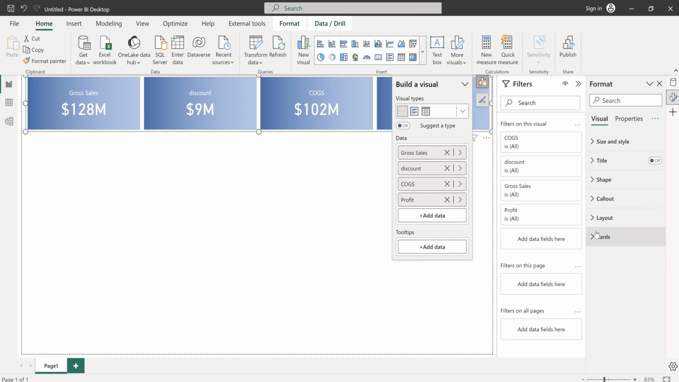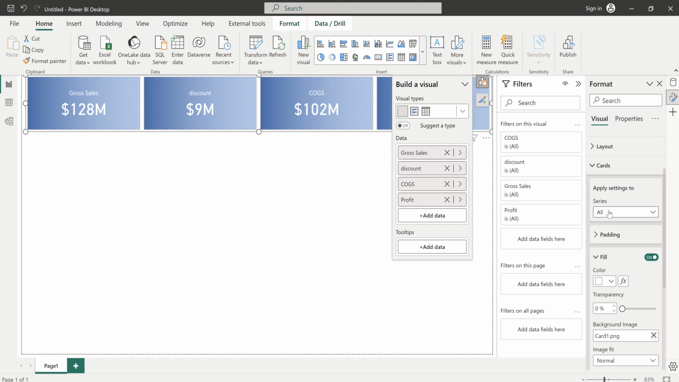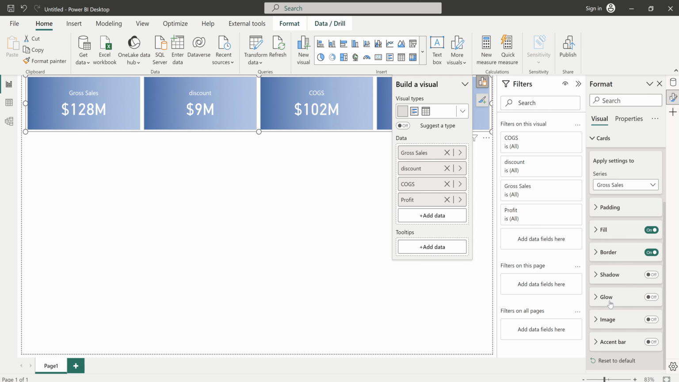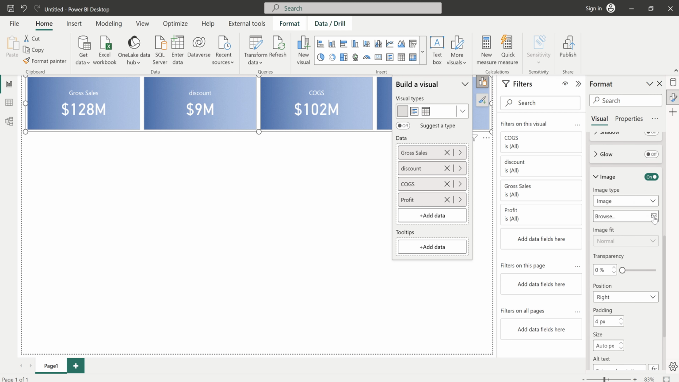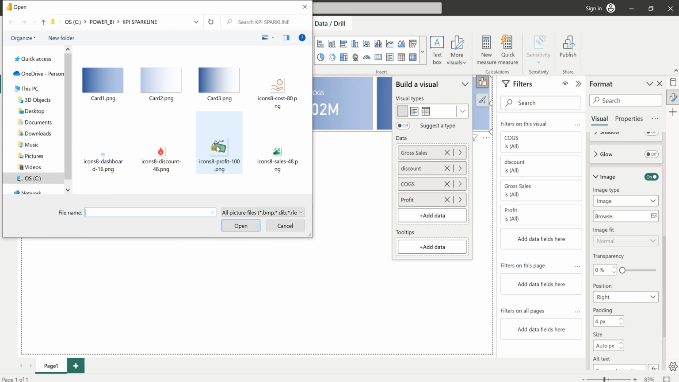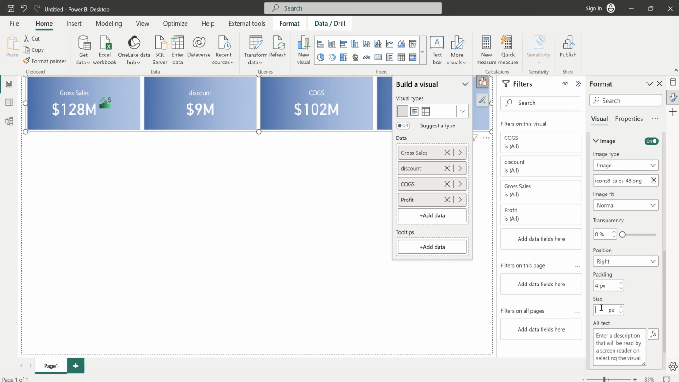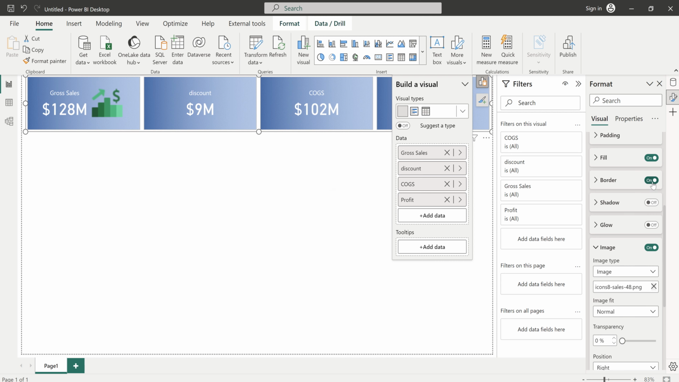Okay, so now let's work with the icons. The first one I want to bring, I'll use gross sales. I'll go to image, which is somewhere here. I'll browse. So for that one is gross sales. So let's just use this for sales. Now the icon is there. I don't want to use the auto. Let me use 100 and see. Okay. Then I'll do the same thing for